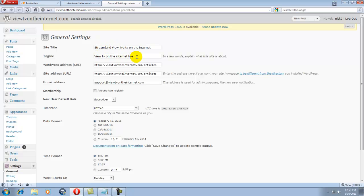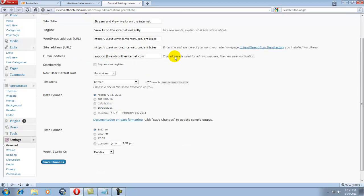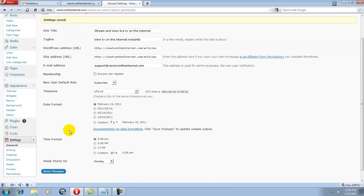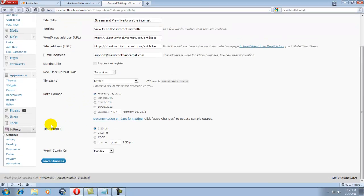Okay, and then that'll be the tagline. You can leave that the way it is. Email address, save changes. You want to select the time also, to coordinate with the time that you have. Then you want to go to the